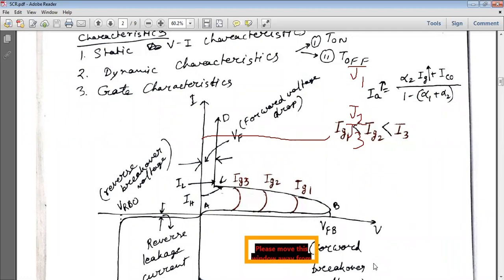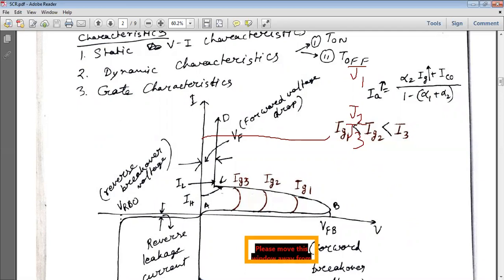So now the gate current is not connected. Here the gate current is not connected. Now the entire current is flowing from anode to cathode and it will act like a closed switch. Since it is a closed switch, the voltage it will offer is very less, and the remaining 15.5 volt will appear across the load, and the 16 volt is called forward breakover voltage. At that point the junction is breaking.